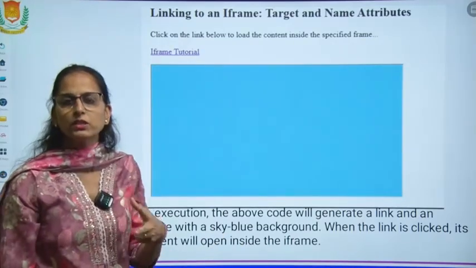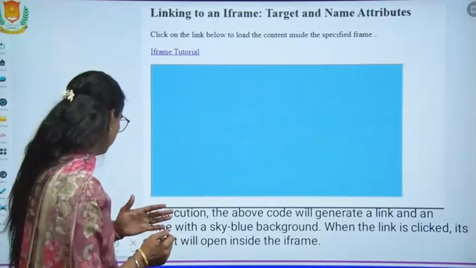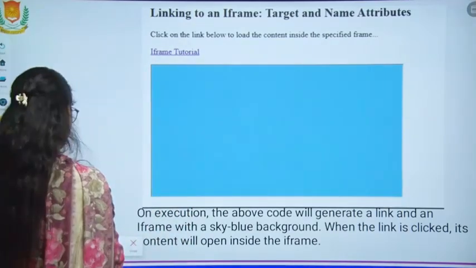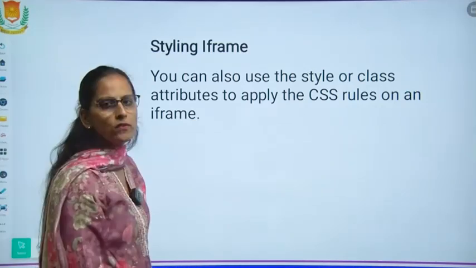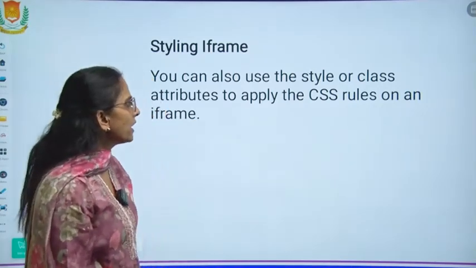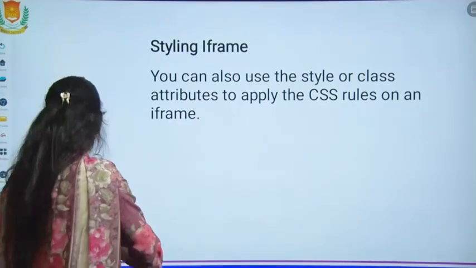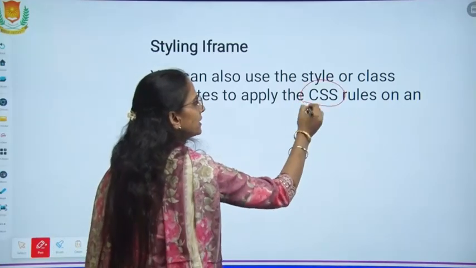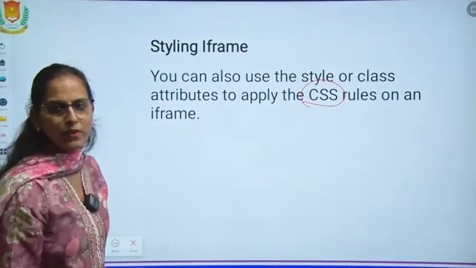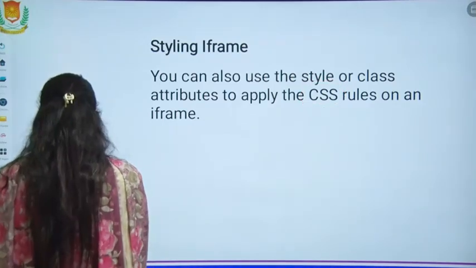So both the features we are using here, hyperlink and iframe. Now we have styling of iframe. Styling of iframe can be done with the cascading style sheet feature. Along with the cascading style sheet, you can specify the values and create your elements there.